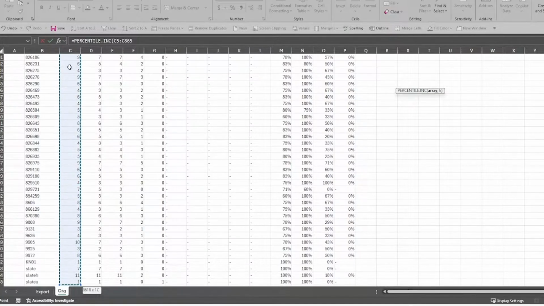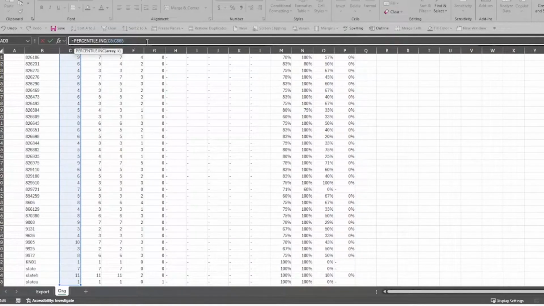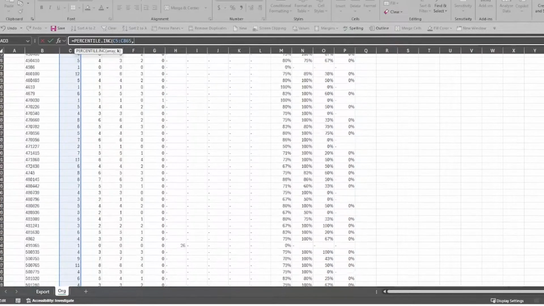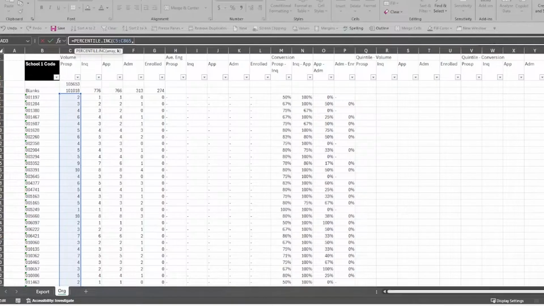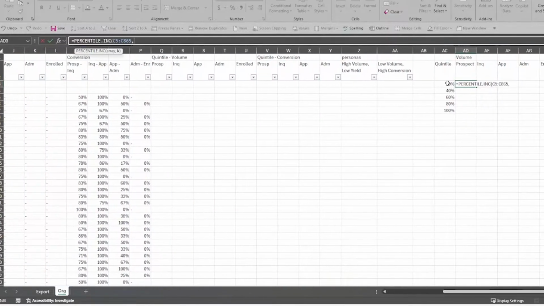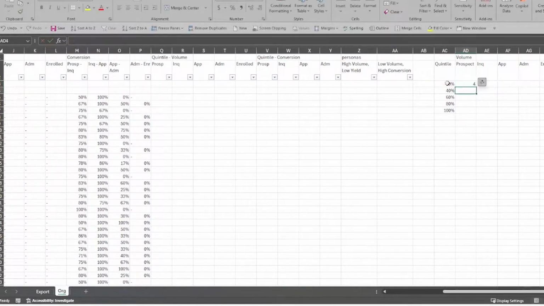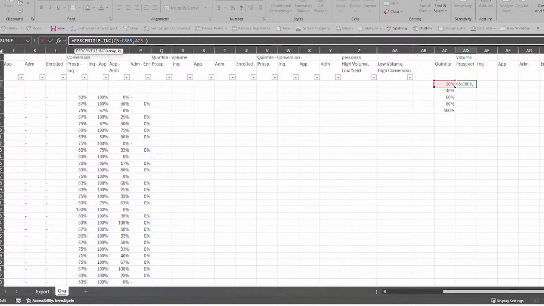And so we're just taking our group of prospects, like that volume count. And we are just going to pop back up here and get that percentile cutoff. So the cutoff for that 20th percentile or first quartile is 4 prospects at the organization level. And we're just going to make sure that we anchor our